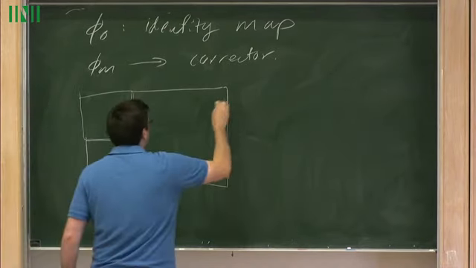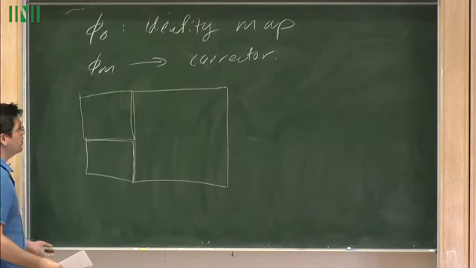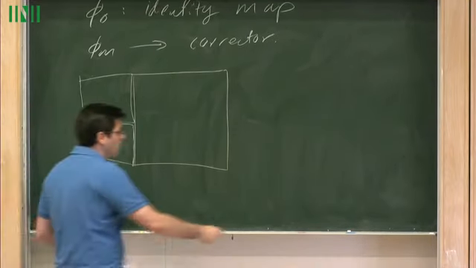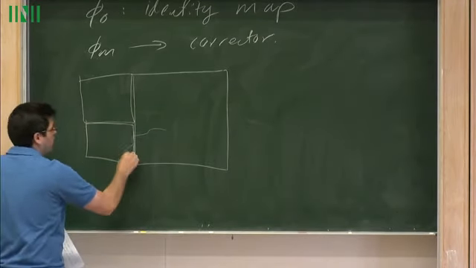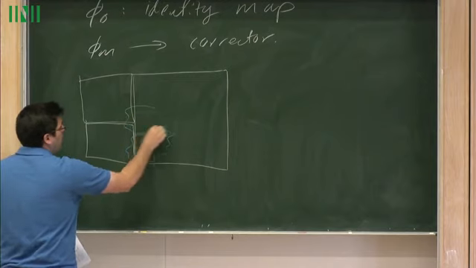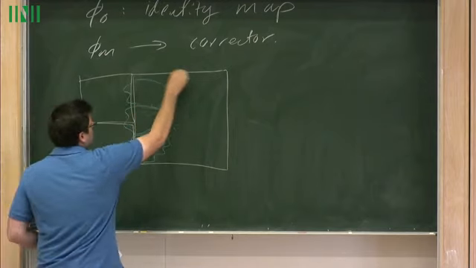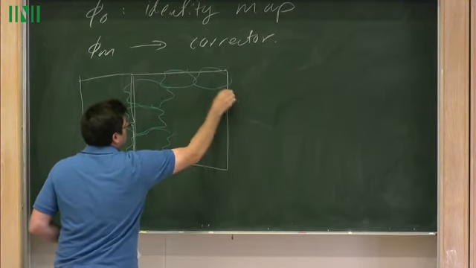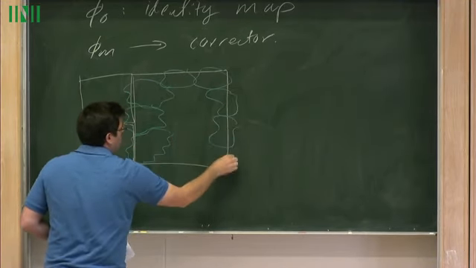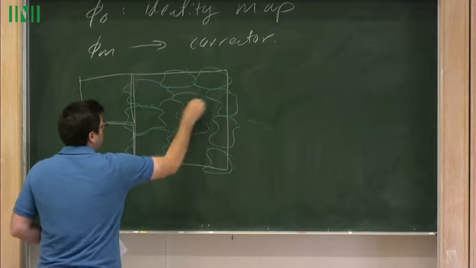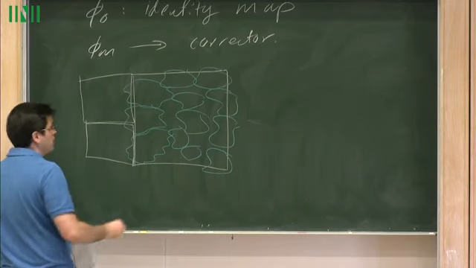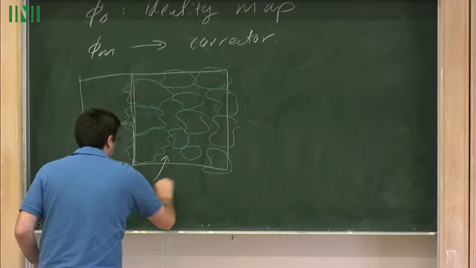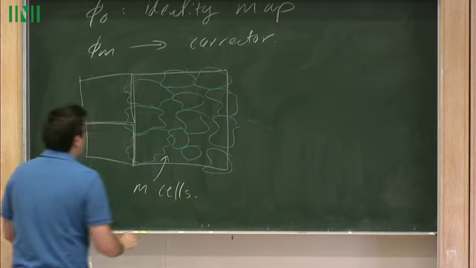And the scale that you choose for phi sub m is such that the number of cells which live inside of here is about m. So you have, in a certain sense, m cells, and phi sub m